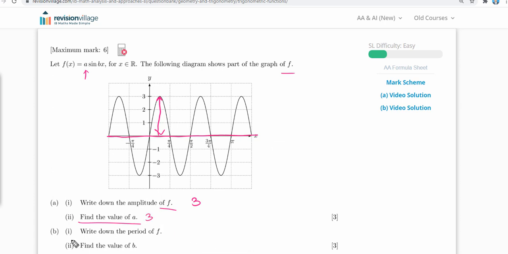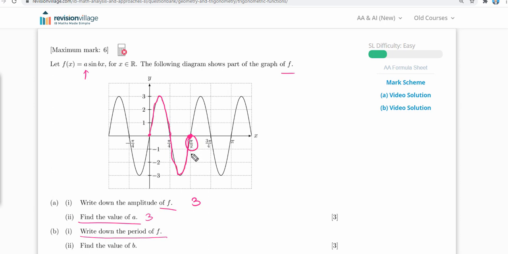All right, so now let's move on to part bi. It says write down the period of f. Period means the time period. Time period is basically the angle covered for completing one cycle. The cycle of this wave starts from here. From here to this point it's half a cycle, and from here to this point is the full cycle. So the period is equal to pi by 2, because it has taken the angle of pi by 2 to